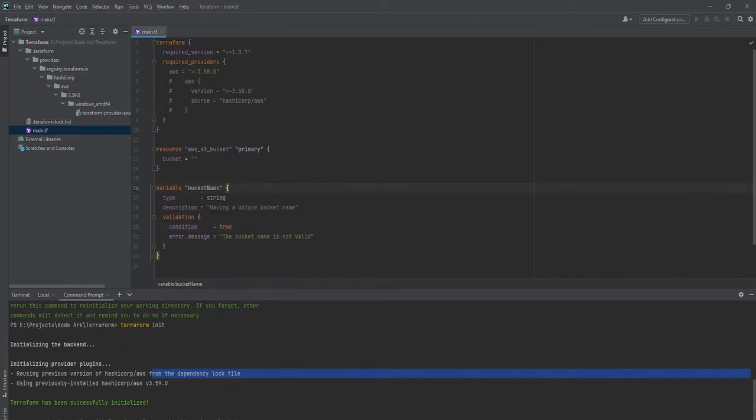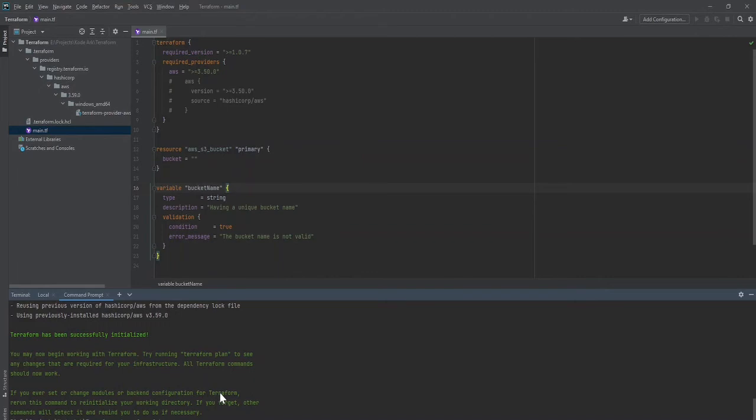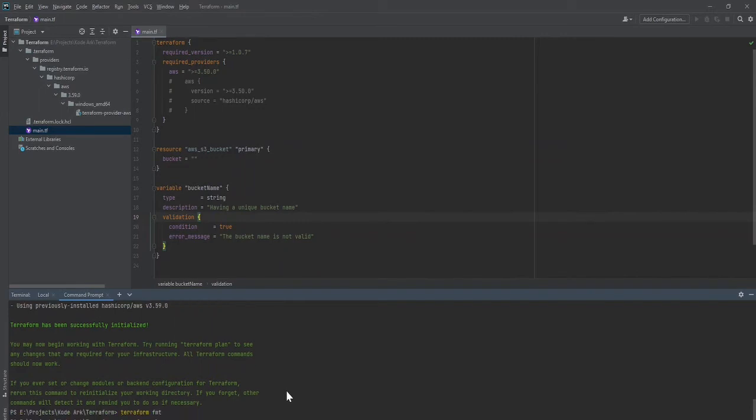Okay, so I'm using the editor formatting, but we have seen the Terraform formatting, so we will use the terraform fmt command to format it in a better way. Now it got formatted in main.tf, and if you look at the variable section, we have defined it as a string, with a description and the validation block, but the default value is missing, which means this variable is required to execute this configuration. So I'll start with the Terraform plan to check what it says.